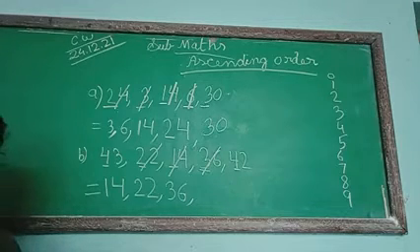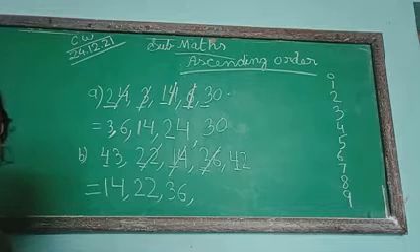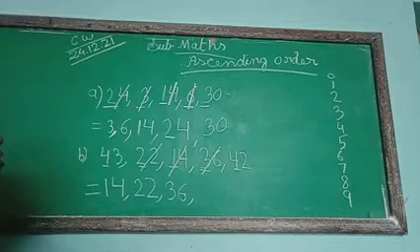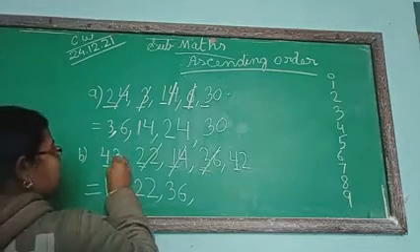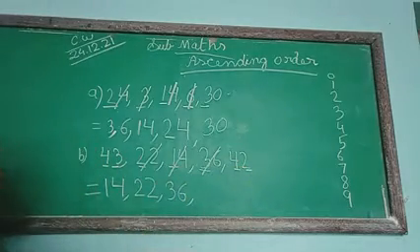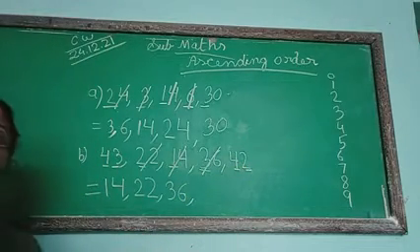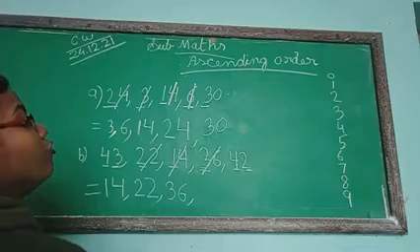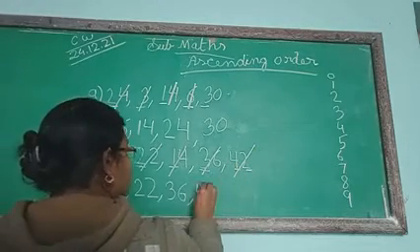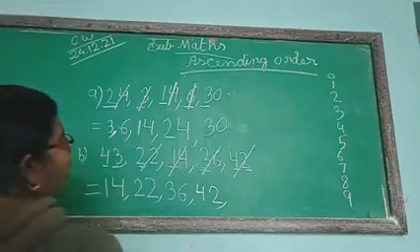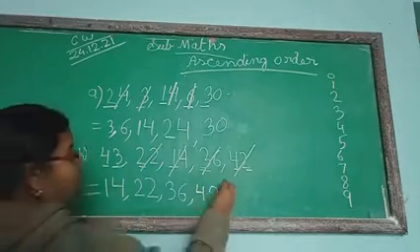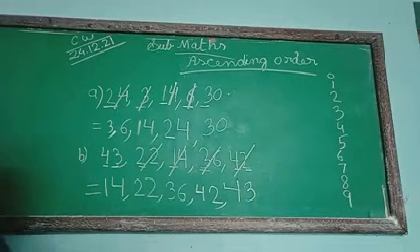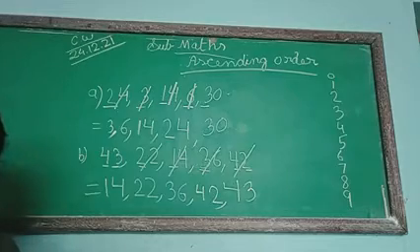When both the tens place numbers are the same, keep this in your mind, we will go for the ones place. You see the ones place, here it is 3 and here it is 2. So when we are saying forward counting, 1, 2, 2 will come first. So that means 42 is the next smallest number. After that you write 43. Okay. Now ascending order means smallest number to biggest number.